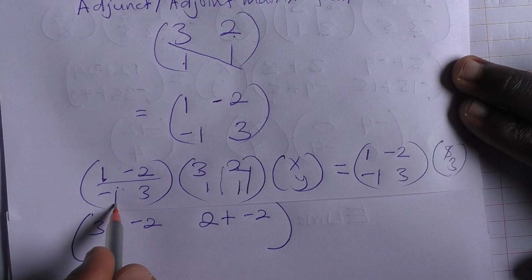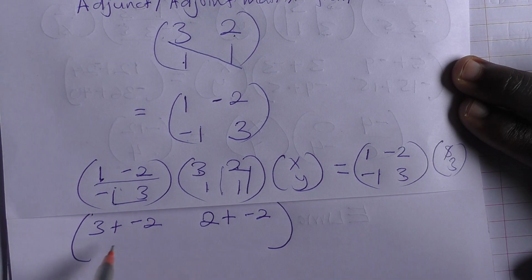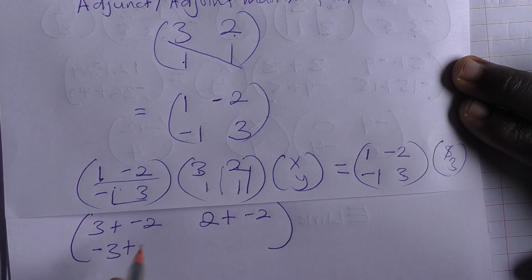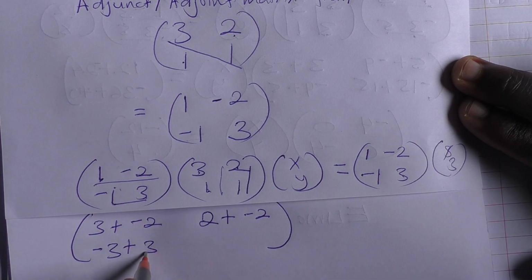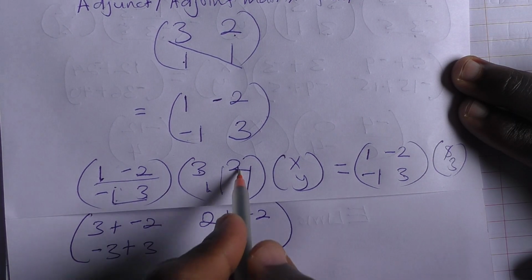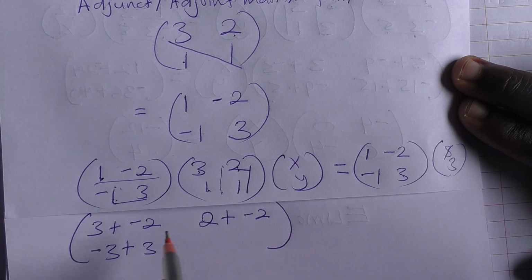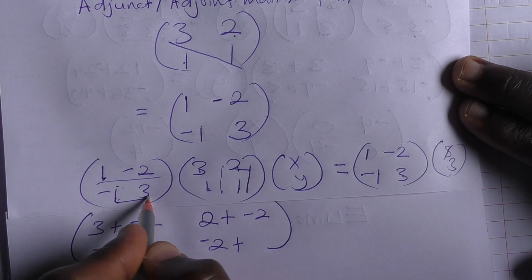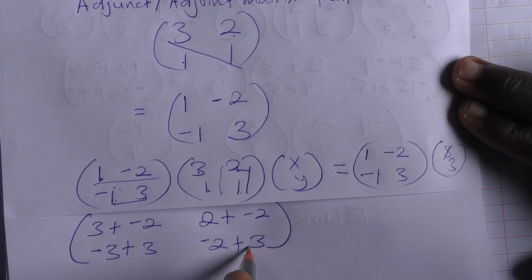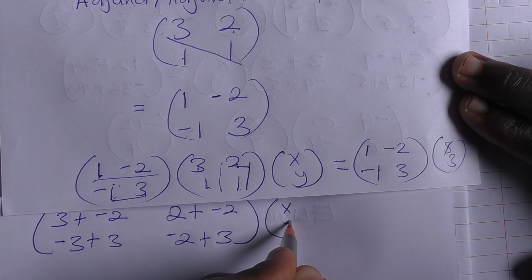You come down, negative 1 times 3, that is negative 3, plus 3 times 1 is 3. Then on the second column, that is negative 1 times 2, which is negative 2, plus 3 times 1, which is 3. Then xy